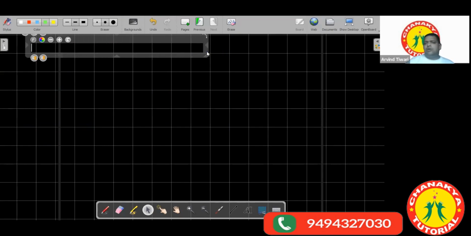So on the same block, on the same grid, similarly you can draw by taking your north, south, east, west. Okay. So here the question is,